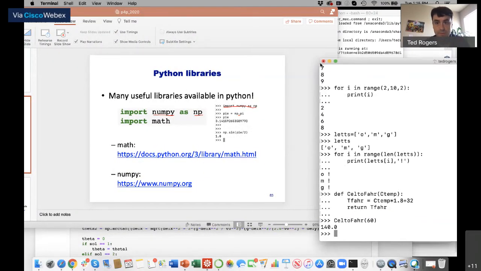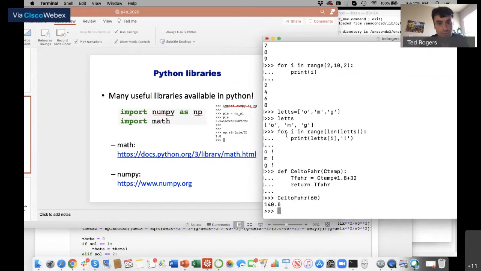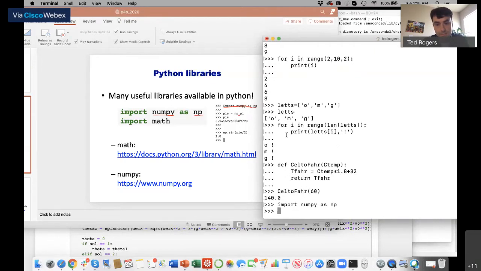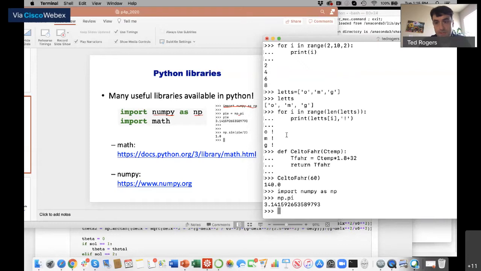If I want to have a number pi that I use everywhere, I will import numpy as np, and then np.pi, that's this number.